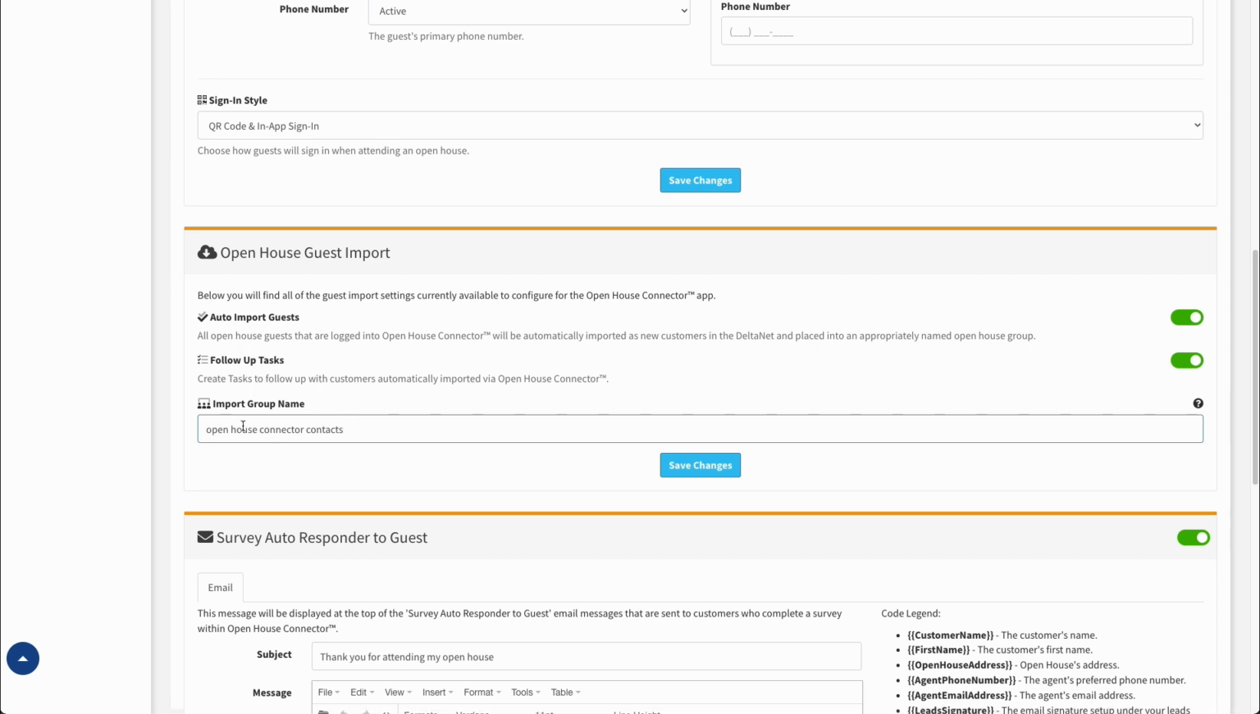So, for example, I could have one open house at 123 Main Street and another one at 456 North Street. The ones at 123 Main Street will be imported into a 123 Main Street group. The ones at 456 North Street will be imported into a 456 North Street group. But if I have a group defined here, all of those customers from both open houses will also be imported